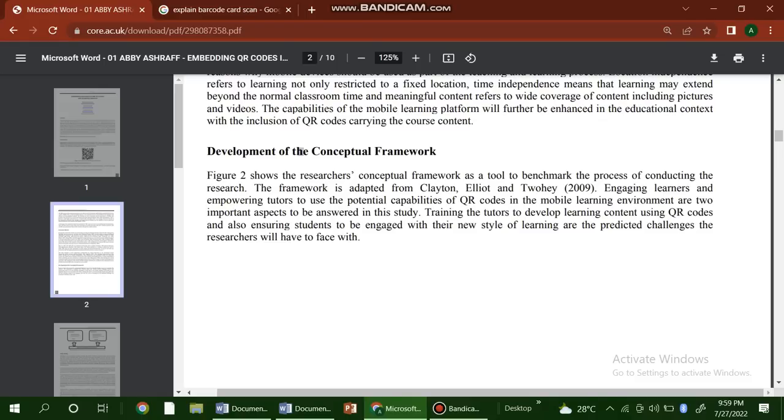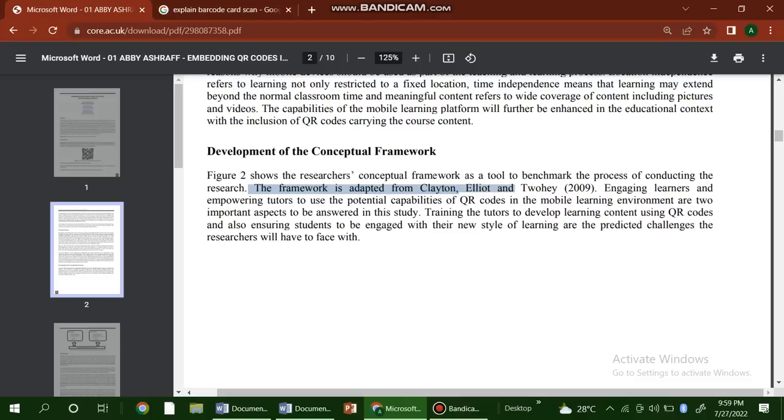Development of the conceptual framework. The researchers used the conceptual framework as a tool to benchmark the process of conducting the research. The framework is adopted from Clayton, Elliott and Toy in 2009.